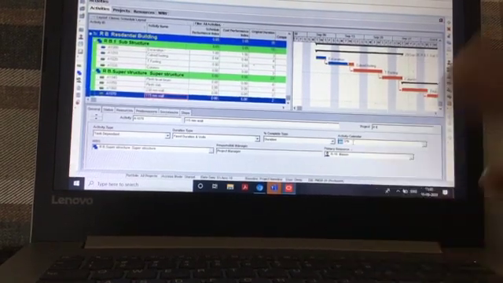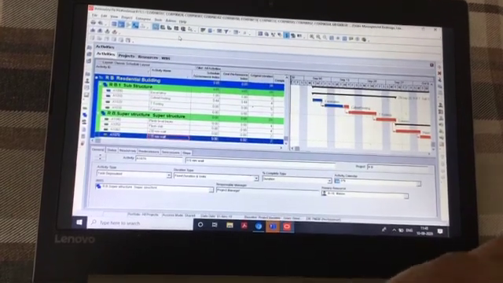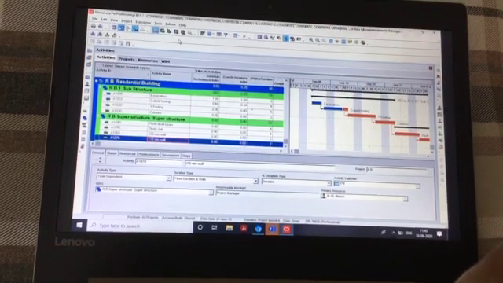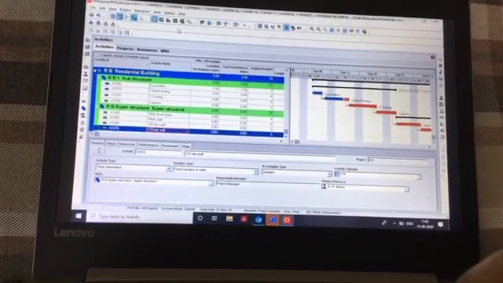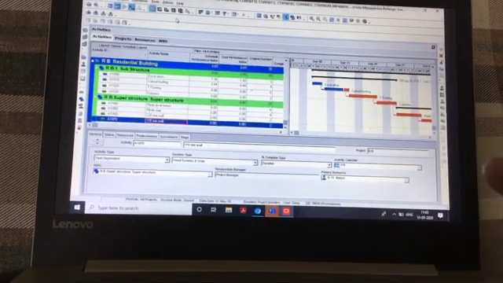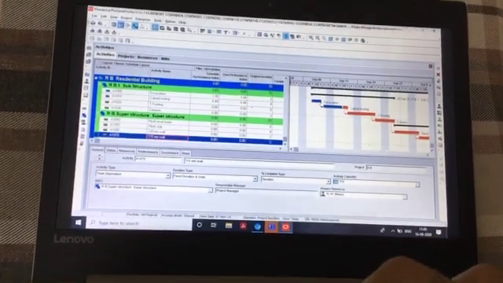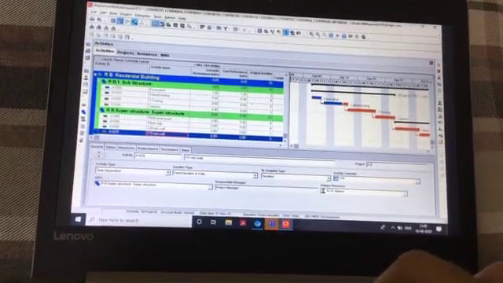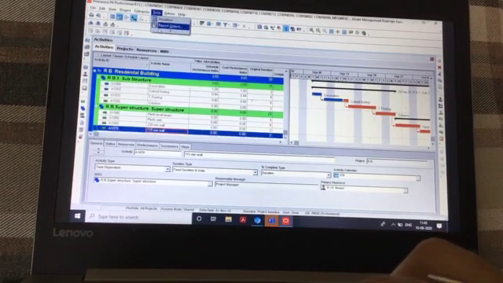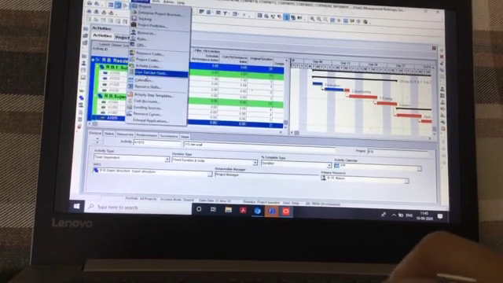Okay, activity calendar. When we created most of our projects initially with a 5x8 calendar, which meant an 8-hour day shift. In this particular project, we were told to create a calendar.